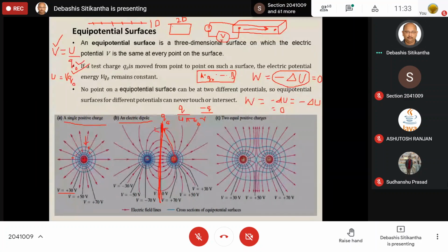Now let us move on to two equal positive charges. Well and good. Two like charges are going to repel each other. Now let us consider the case of two positive charges. If I bring two positive charges close, obviously they will be repelling each other. But if forcibly I bring them very close to each other, then it is definitely going to form an equipotential surface.